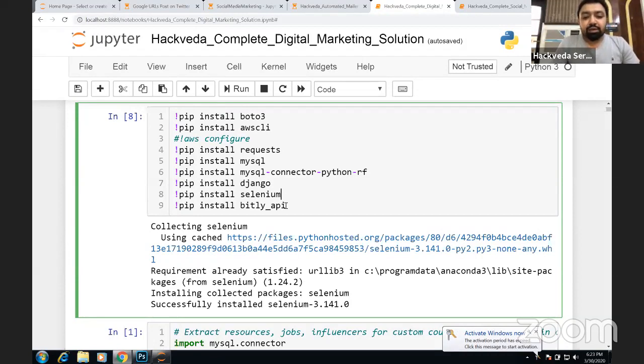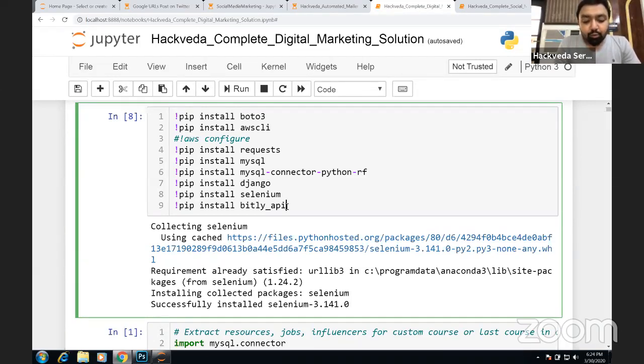And finally, we will be using another library known as bit.ly underscore API. This library will help you create URL shortener links. So as you know, once we extract information from internet sources, we are going to design web pages. We are going to name those web pages. Since there will be a lot of web pages which we would be installing, there would be bigger file names and the URL will eventually become big. So if you want to post it on Twitter, if you want to post it on LinkedIn, it will not look that cool due to a big length of your URLs.